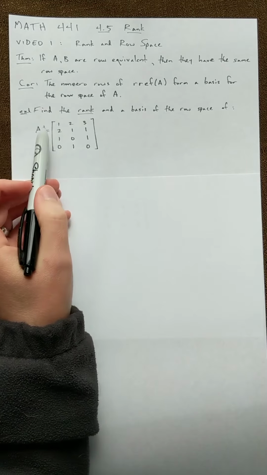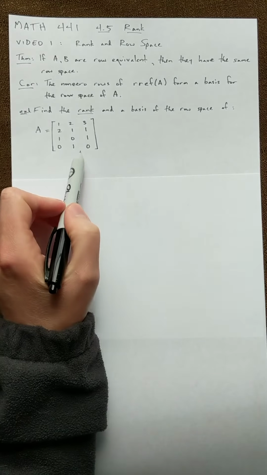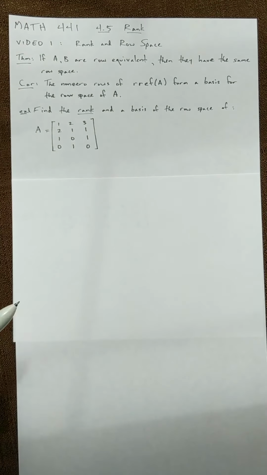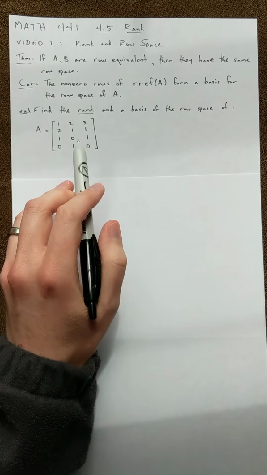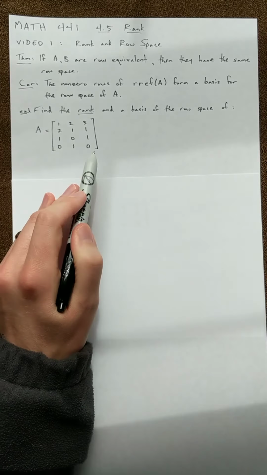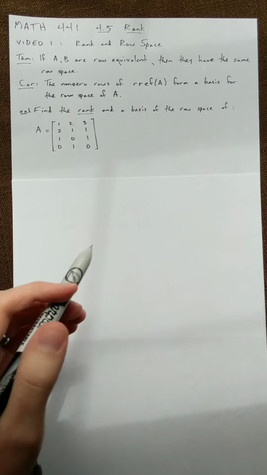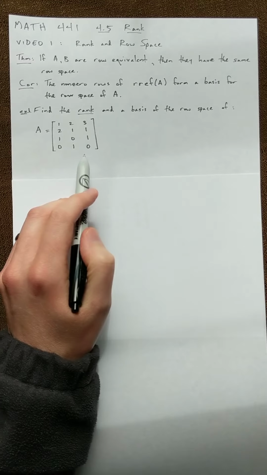My row space would be the span of the vectors 1, 2, 3, 2, 1, 1, 1, 0, 1, and 0, 1, 0. So that would be all vectors in R3. And from the previous section, we know that if there are 4 vectors in R3, then there's no way for them to be linearly independent. So they have to have some linear dependence among them. Anyway,